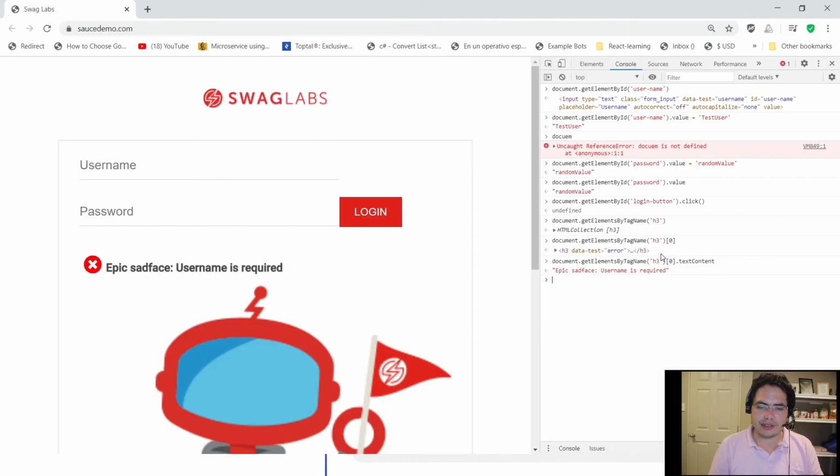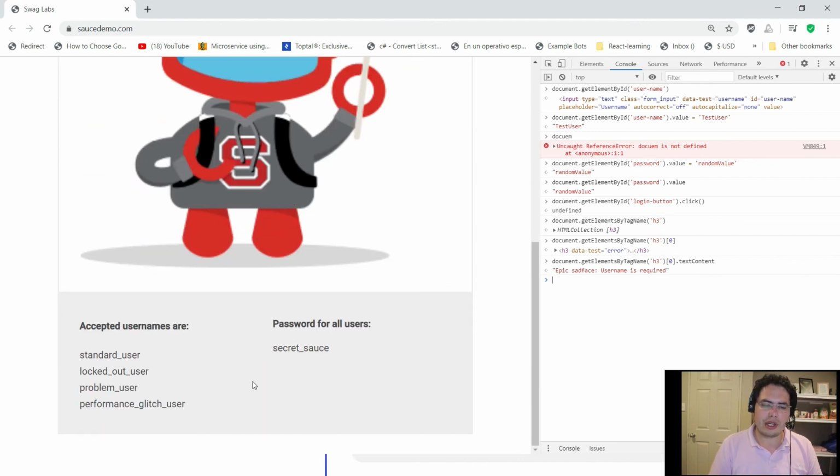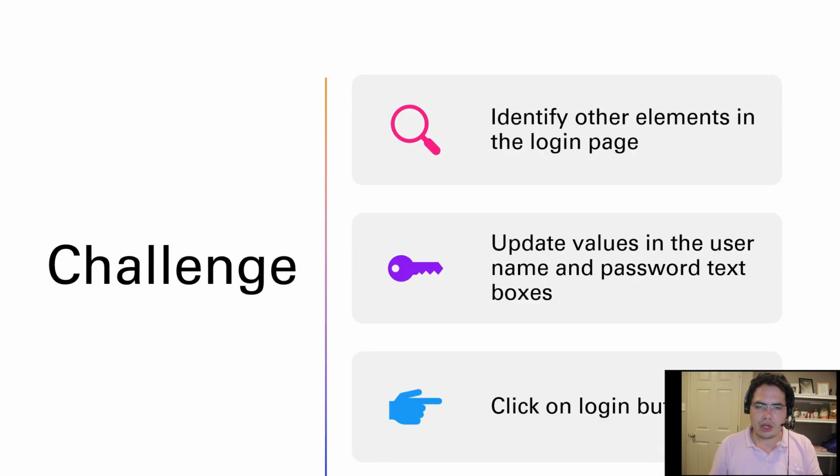If you look on this website, you also have some username and a valid password, so you can run different scenarios. And finally, click on the login button and see what happens. So play around, try to understand a little bit more how to interact with the different components of a website,